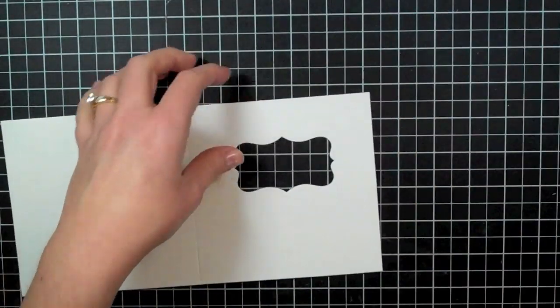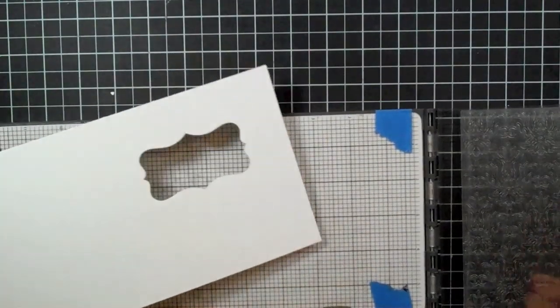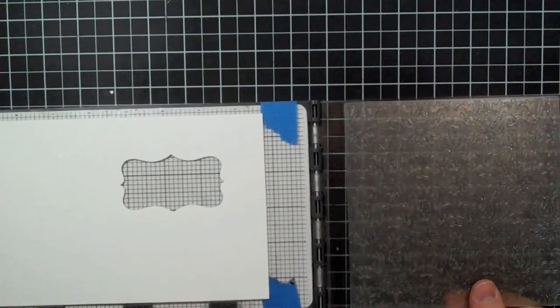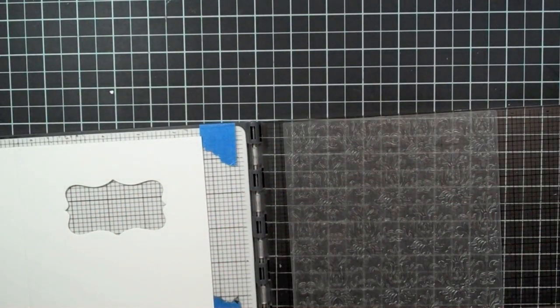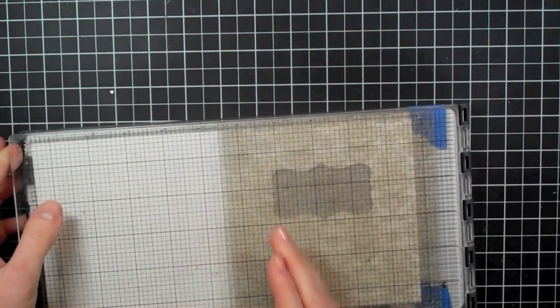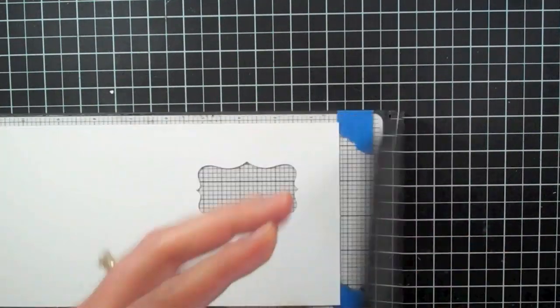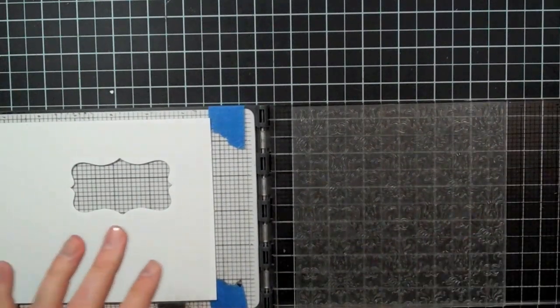So I'm going to set this aside. And what I have here is my letterpress tool, and it's all set up already. I have my Damask printing plate, or Damask. I don't know how you say that. I say Damask. It's probably wrong. But I have it all set up here, and when you close it, I don't know if you'll be able to see this on the camera, but it's lined up right on that crease of the card. So I have that all done, and I have my hot pink ink